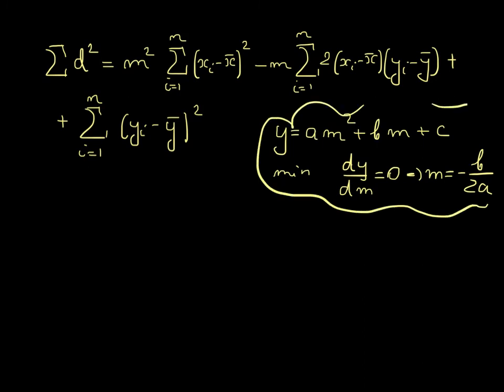In my case, the distance is minimum for minus b over 2a, so for m being